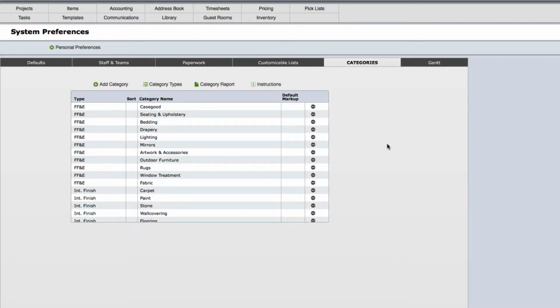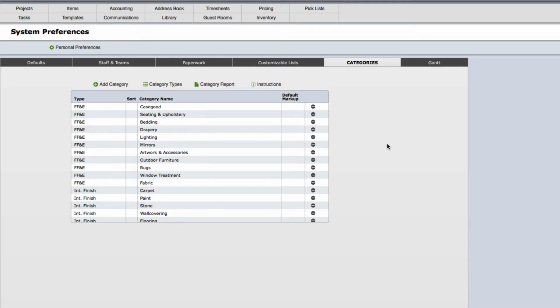Now you can see a comprehensive list of categories that are commonly used by design firms. Of course, your list may vary from those that are displayed. For each category, you will want to set the sort value. The reason you'll want to set the sort value is that in DesignSmart, many reports can be grouped by either area or by category. When you want to sort reports by category, most firms have a preference about how they